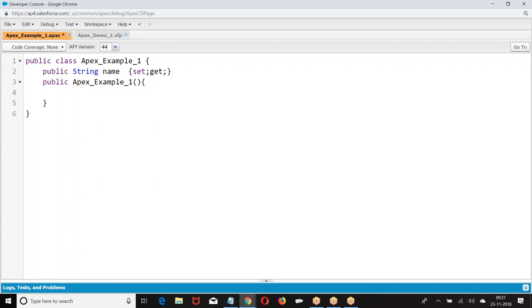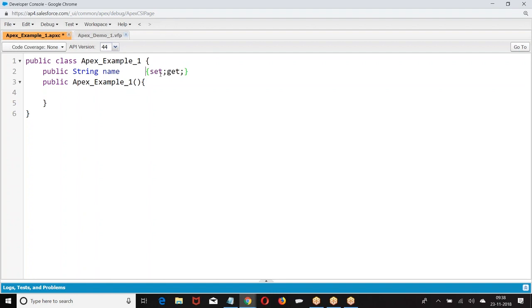Second, it should have a setter and a getter. In this standard format, I cannot give just one; I have to write set and get together.